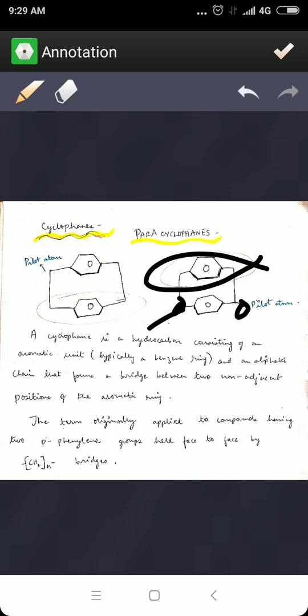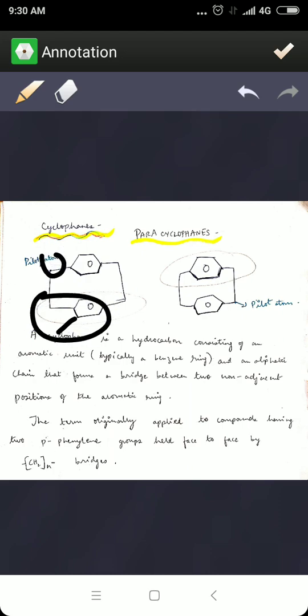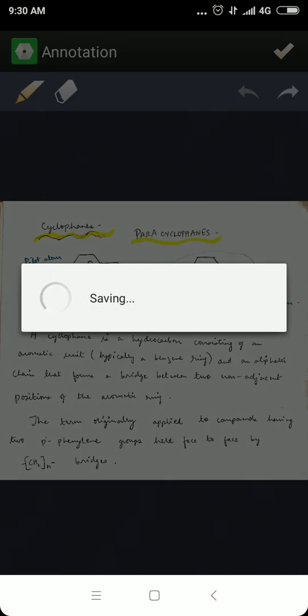So now you should assign the RS configuration depending on which benzene ring is substituted. Suppose the substitution is on this benzene ring, then the pilot atom will be on this side, so you can start numbering this way, whichever is the suitable numbering. Now suppose the substituent is on the other end, on the upper benzene ring. Then you have to consider the pilot atom as this end, and you are going to start numbering this way. Suppose this is the substituent group. Then you will consider this as the pilot atom and start numbering from here: 1, 2, 3 and so on. That's how you are going to number. Now let us take some examples so that it will be much clearer.